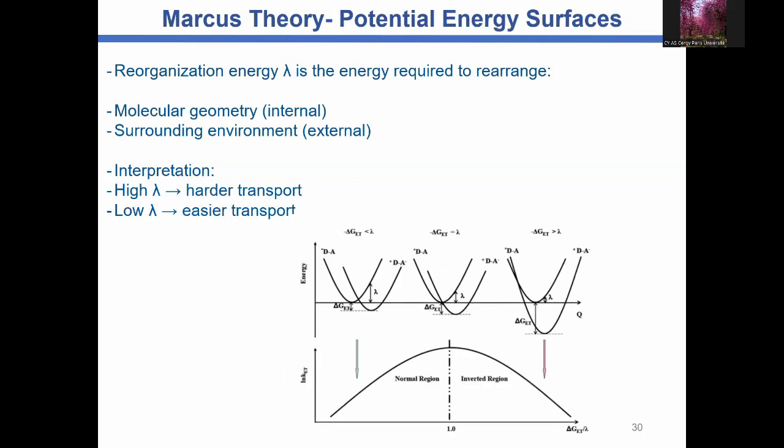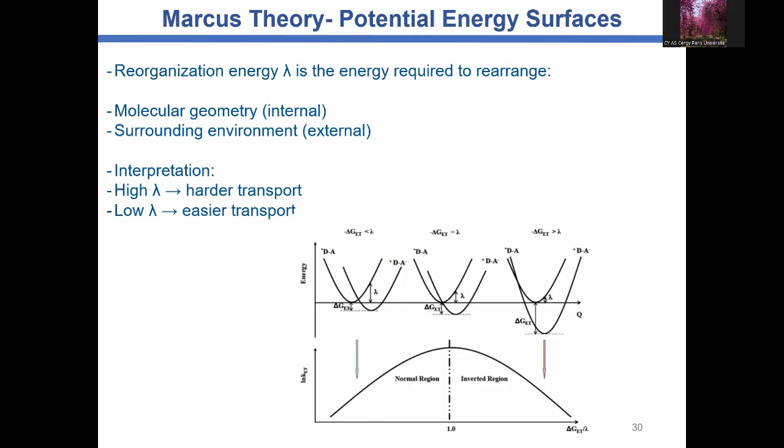So we call this lambda the reorganization energy, the energy for the molecule to reorganize in the system. If you see it in terms of this two-parabola system, the difference between the initial state and final state is the difference between the lowest energy of the initial state with the energy correspondent to the lowest